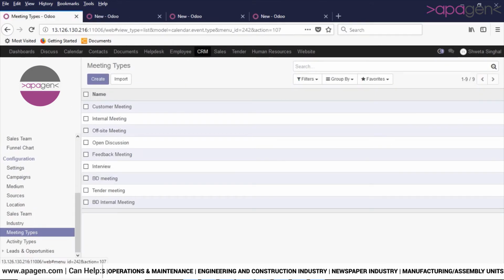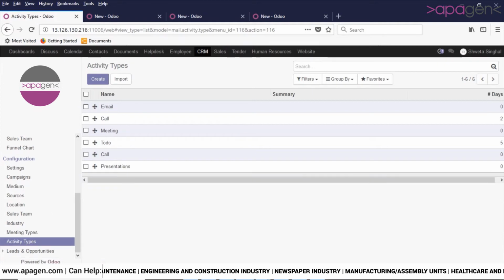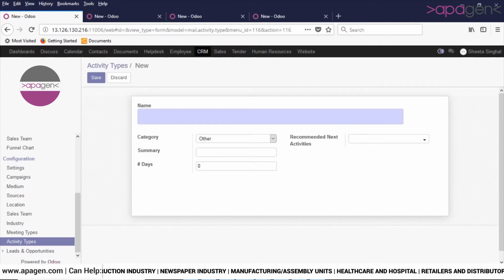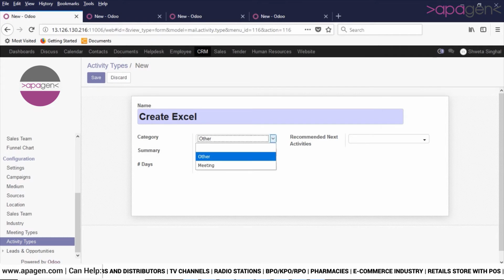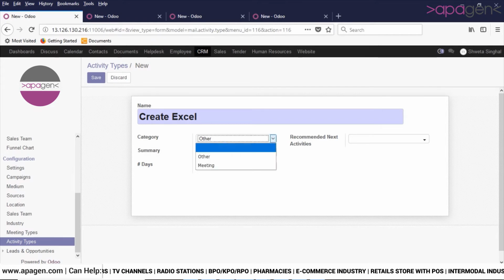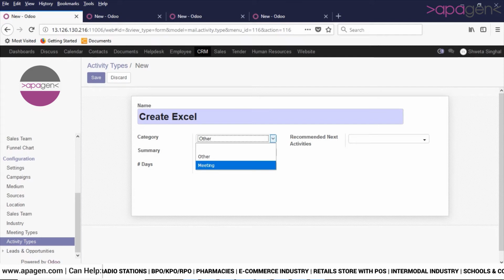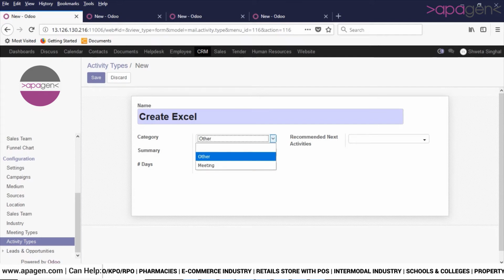In activity types, you will be able to create a new activity type. Here you will define which category this activity lies in. It is a meeting or any other thing, so I am entering any other.